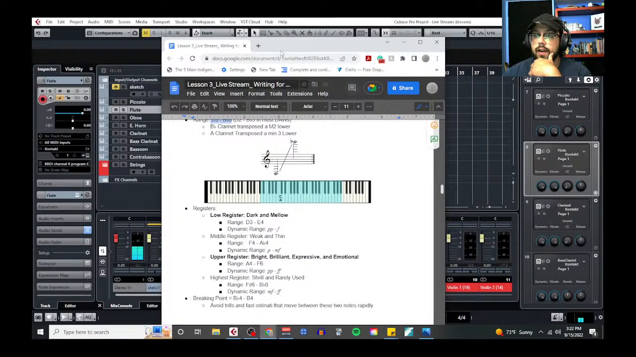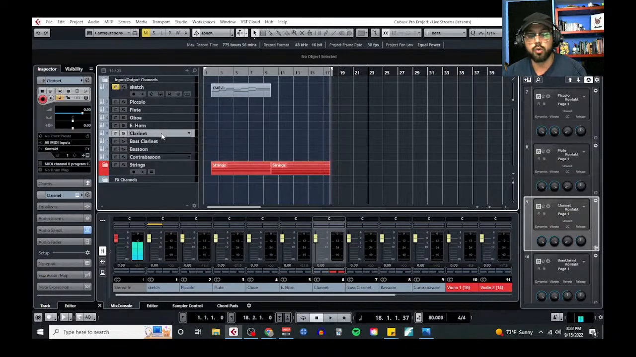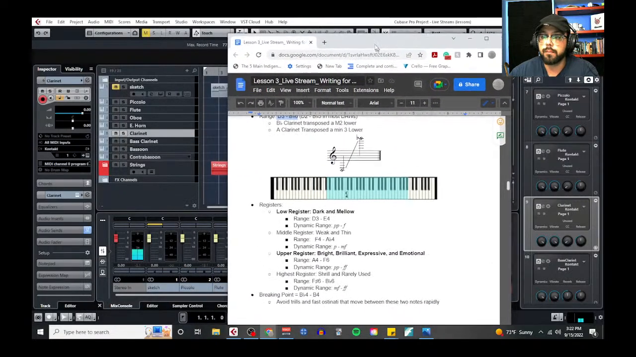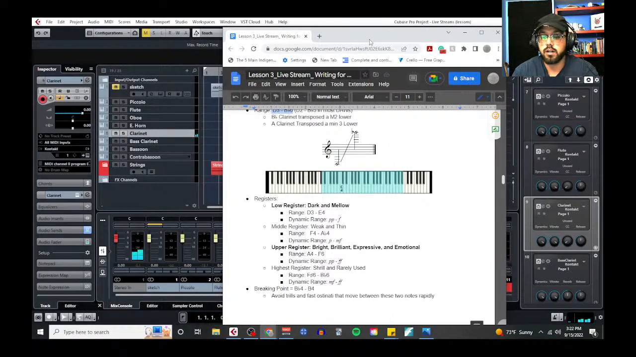So first you have this low register, which is mostly the area below middle C. All right, so it's very dark, very rich, kind of sonorous sound is how it's often described. Then for about a minor third, right there, in concert music is kind of referred to as the weak middle